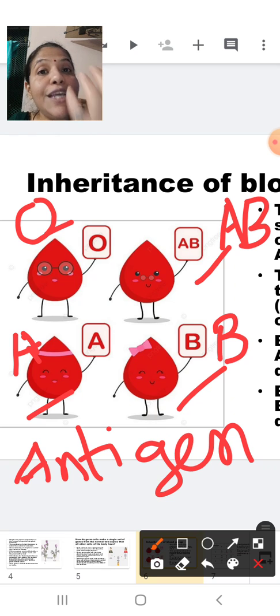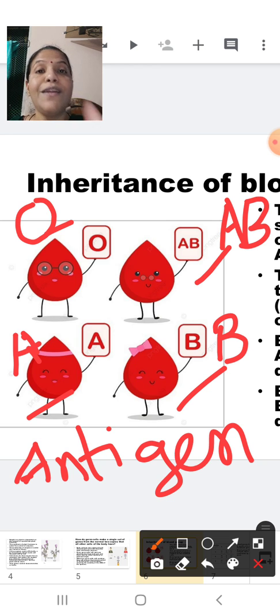And what is the 0 telling us? This 0 is telling us about the absence of an antigen. That means 0 antigen is present. And what is an antigen? I already told you, it is nothing but the sugar. So 0 antigen is present, so we are calling it the O, and as I told you, the common man calls it the O blood group.